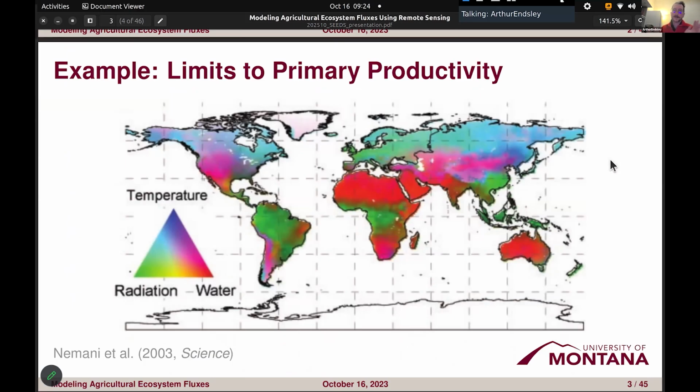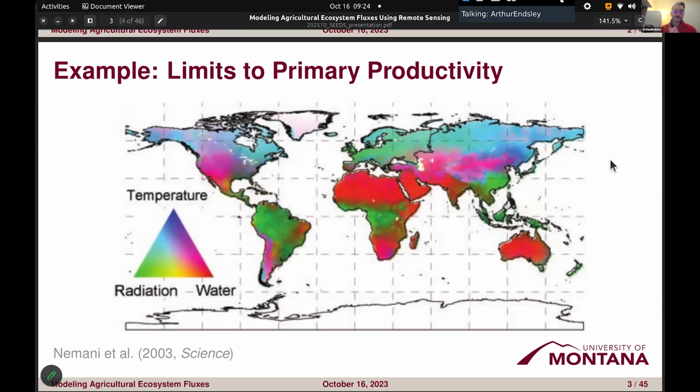And you can see from this map, a lot of it is as you would expect. In much of the tropical regions of the world, those ecosystems are largely limited by radiation. Those are more humid environments where it's cloudier. This modeling is in line with our intuition and ecophysiological theory that the real limiting factor to boosting primary productivity in those environments is just getting more sunny days, more solar radiation.